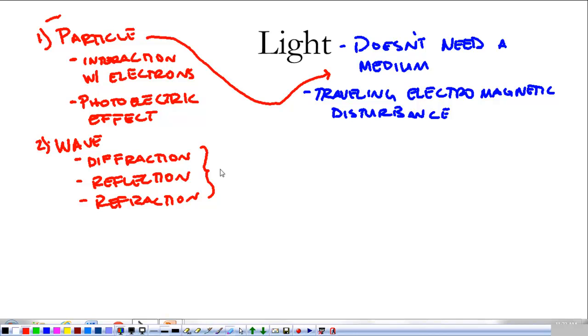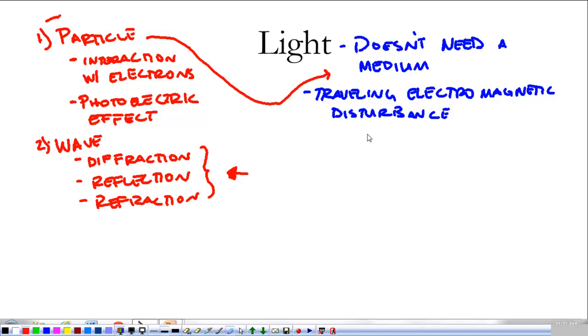We also see light interfere. And that's really what diffraction is all about, is the interference of light. But it acts like a wave. So, for us, this is how we're looking at light. Looking at light as a wave. It's both things, two things at once. It's a weird quantum thing, and if you want to get into that, it may not be a discussion we have in class, but it's certainly one that we can have.